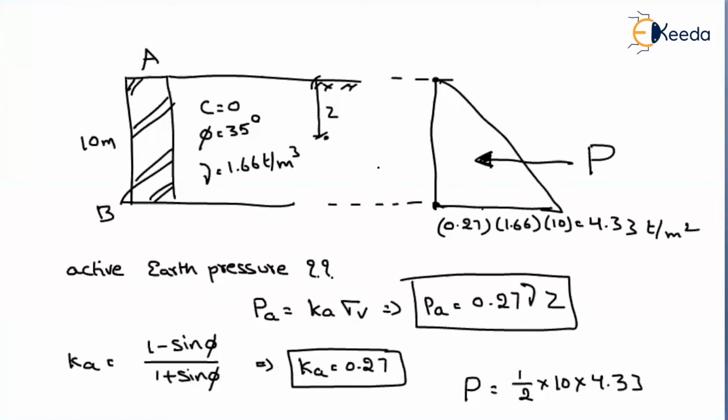Okay, here the problem is very easy. Why? Because as it is a dry soil, directly we are getting a triangular shape. Okay, in this question, they have asked me to find the active earth pressure. That's why I have found out the Ka value. Suppose if they ask you to find the passive earth pressure, then what you will take? Kp will be equal to 1 plus sin phi by 1 minus sin phi. Suppose if they ask you about the earth pressure at rest, then how much you will multiply? Your constant will be equal to 1 minus sin phi.